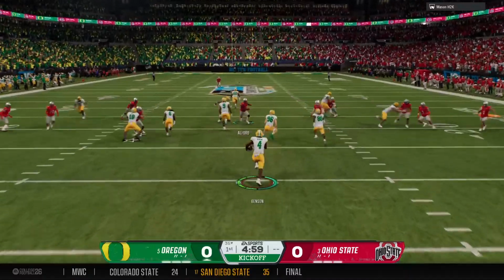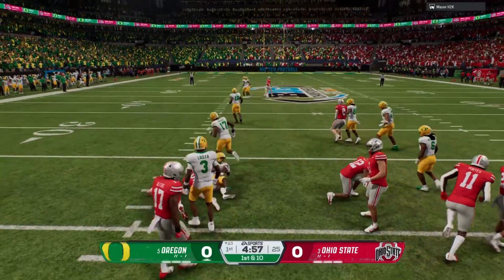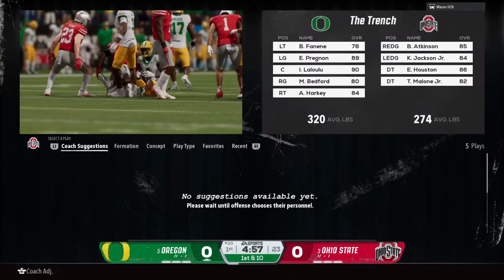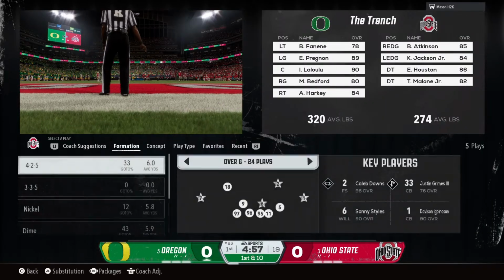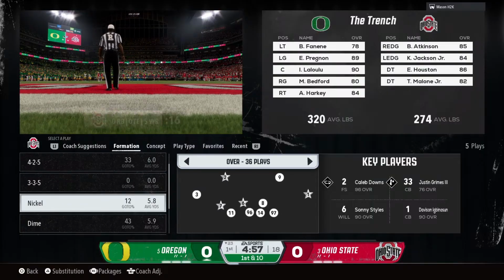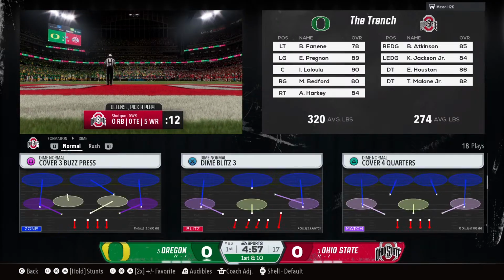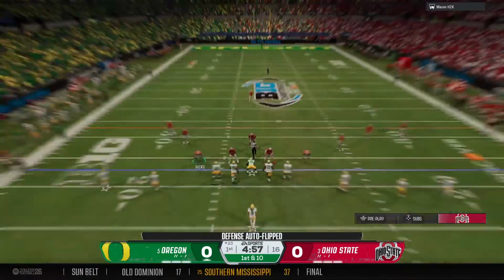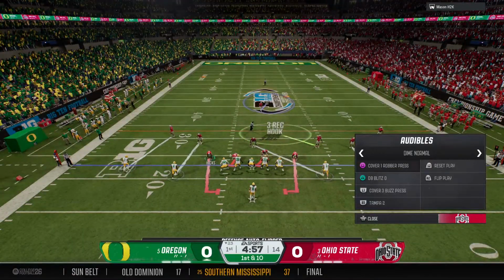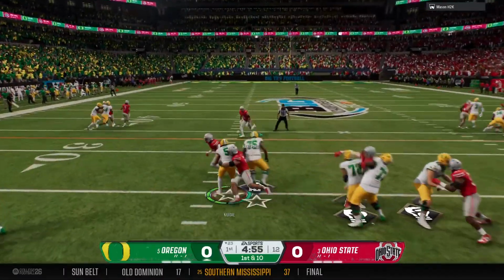And he takes this from inside the 5. Quarterback run.